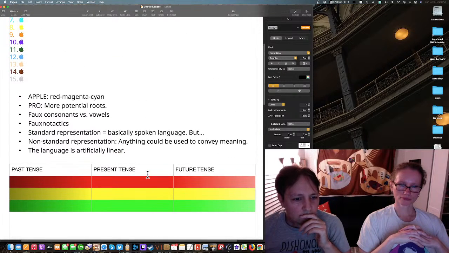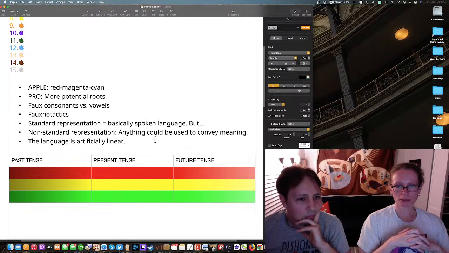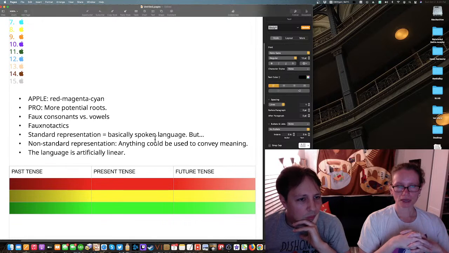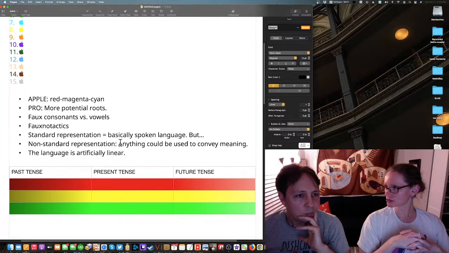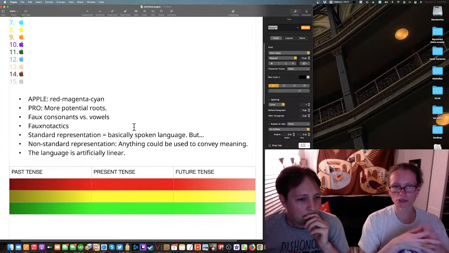We haven't really spent a lot of time up here, but I feel like it's more understandable coming from language creation, from what we've been doing with phonemes. It's understandable to say red, magenta, cyan is apple.